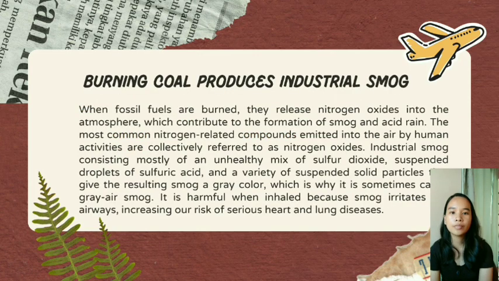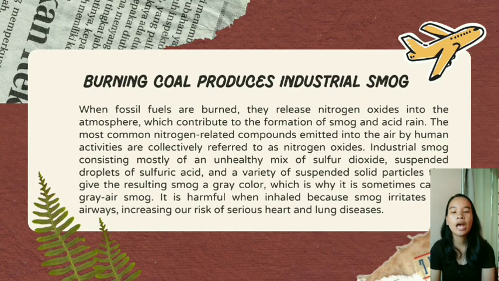And now let's move on to how burning coal produces industrial smog. When fossil fuels are burned, they release nitrogen oxides into the atmosphere, which contribute to the formation of smog and acid rain. The most common nitrogen-related compounds emitted into the air by human activities are collectively referred to as